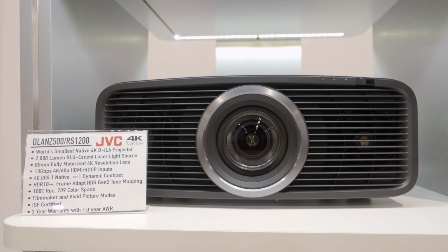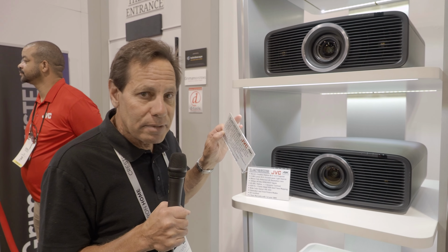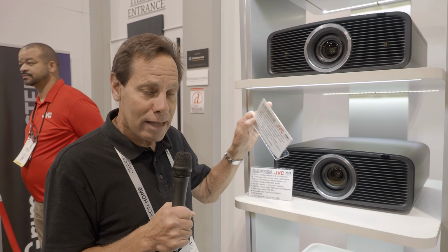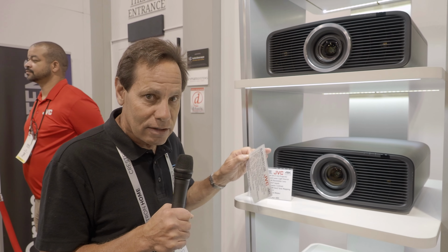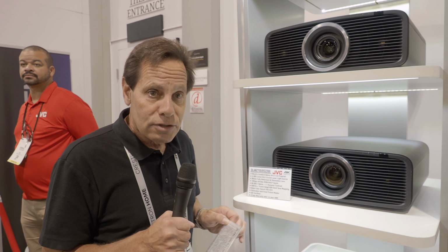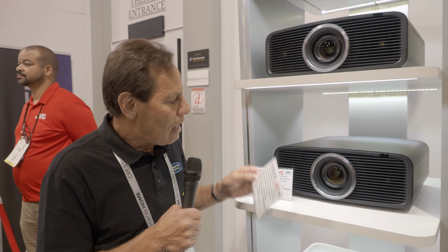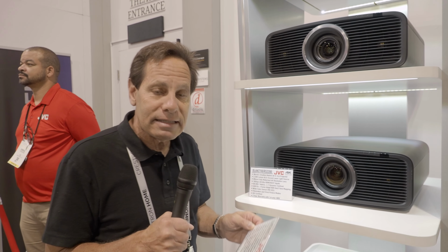It is 2,000 lumens, 80 millimeter lens. They have gone from a 65 millimeter lens, as seen in most of the step-down models up to this point, to an 80 millimeter lens. They've shortened up the zoom though, so it's a 1.6 zoom instead of a 2.1, I believe is what it was. This piece has 18 gigabit per second